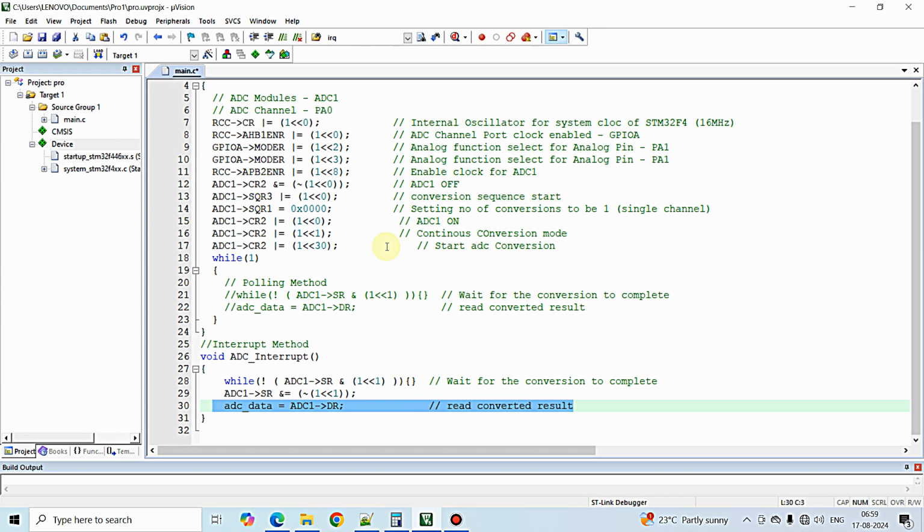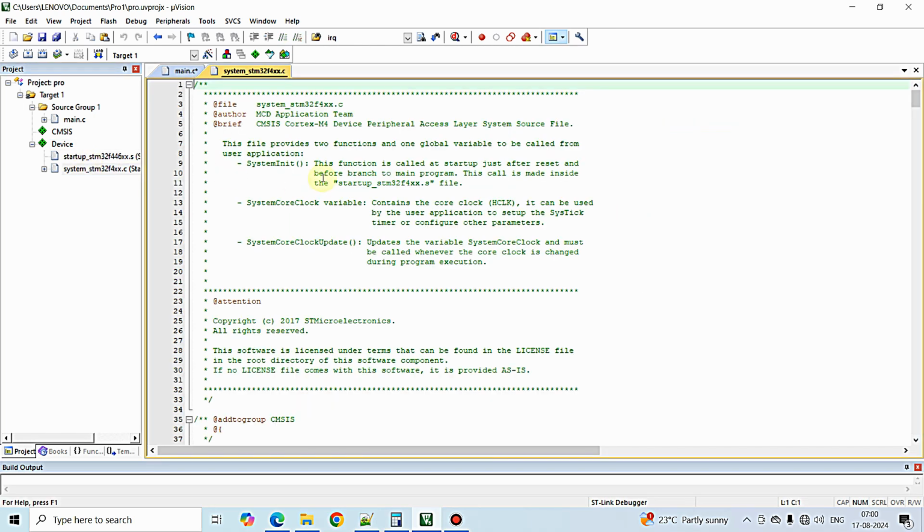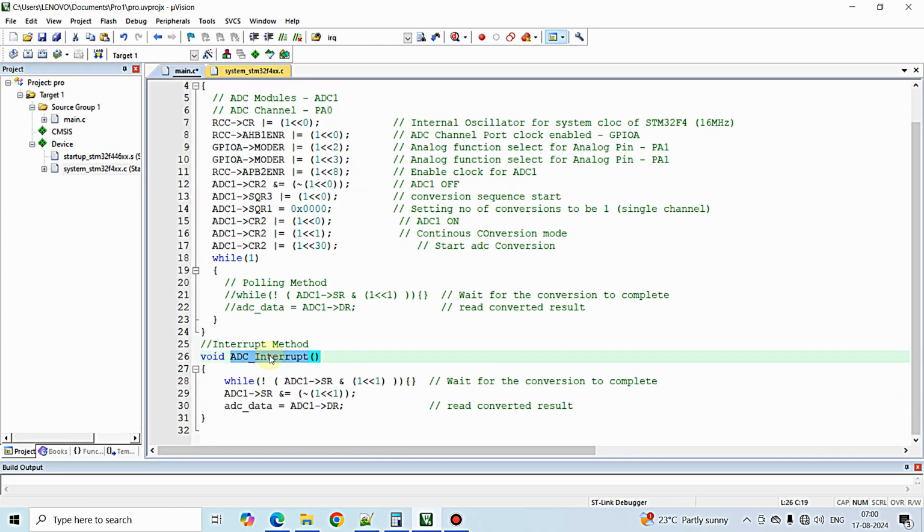So for enabling the interrupt, you just want to enable the end of conversion interrupt in the control register of ADC peripheral of the microcontroller. In addition to it, you just want to enable the nested vector interrupt controller for ADC in this particular microcontroller. So for that purpose only, this CMSIS driver that has been imported will be useful. So CMSIS drivers are meant for ARM processor inside the microcontroller, and the startup file is meant for the microcontroller startup. So for finding the name of the interrupt subroutine or interrupt service routine,